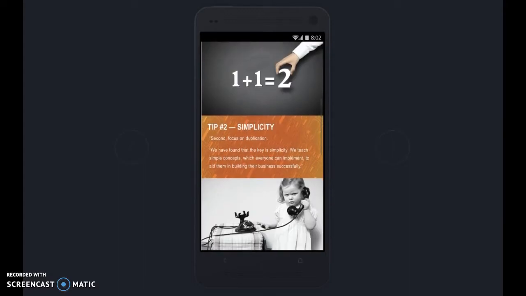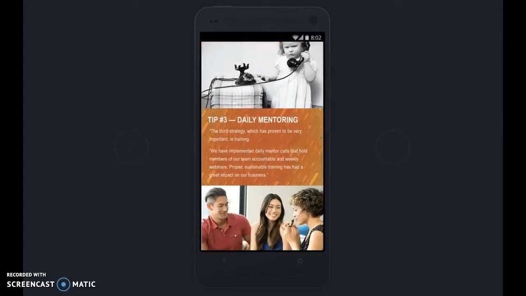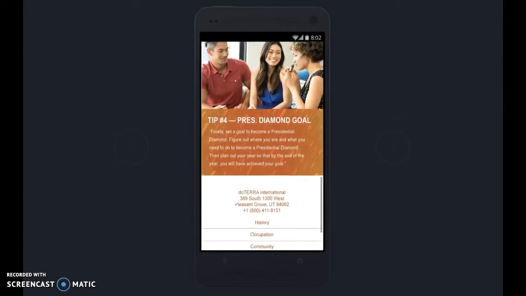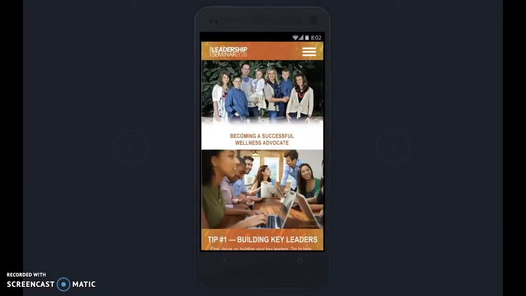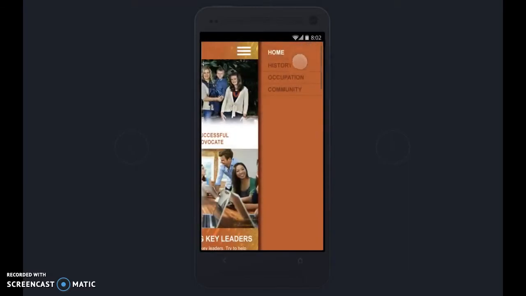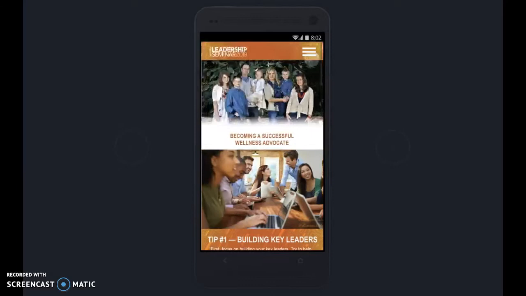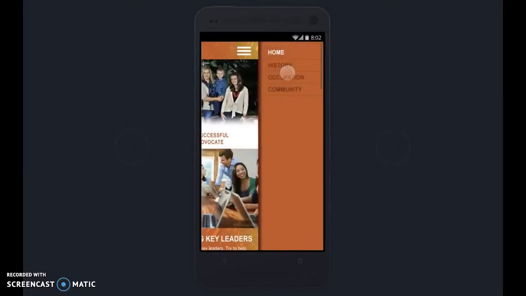And I'm not going to go into too much detail of each step. I'm just going to highlight each page of the app here. So if you click up here in the nav bar, it'll bring up the home, which is where we are. You can click back if you'd like. History, occupation, and community, all of the wellness advocate. So we're going to go on to the next tab